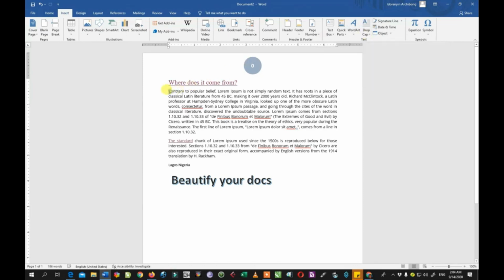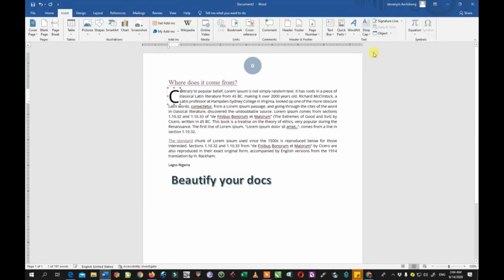So I'm going to select this text and click here and drop cap. See, there's another one, but this is the most popular. This goes across 3 lines, so you can click here